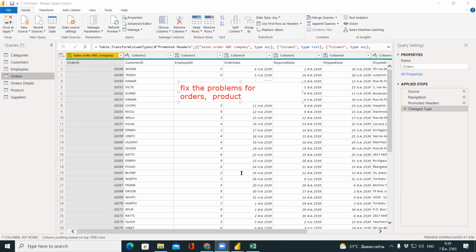Okay, so right now, I'll fix the problem for the orders table and product table. Now you can see that for the orders table, it has the same problem as the previous table that we had before. You can see that the correct headers are on row number 1, while the current headers are wrong. What I have to do is go to the home menu and then choose use first